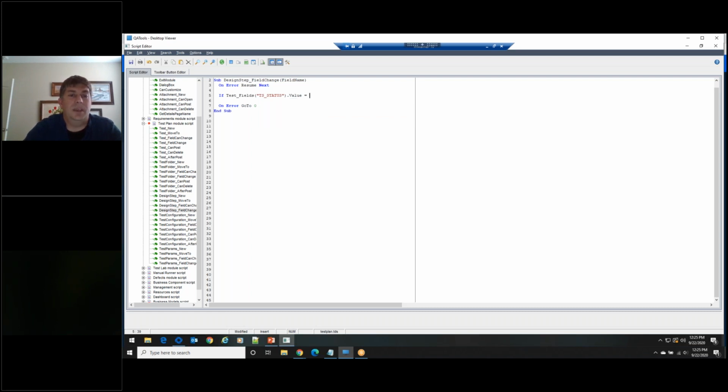Dot value. So if this is in a ready state, I just want to change that: test fields, TS status equals design. End If. That's all you have to do.